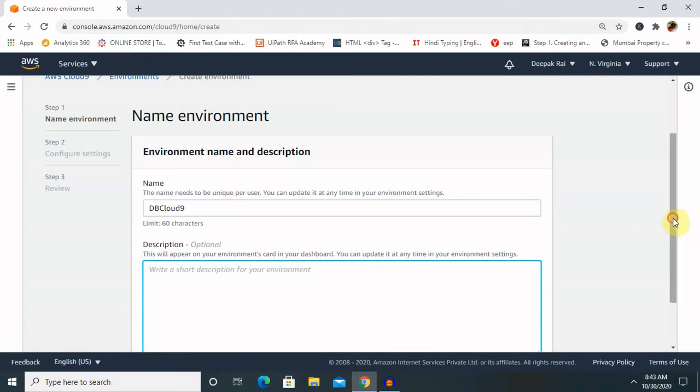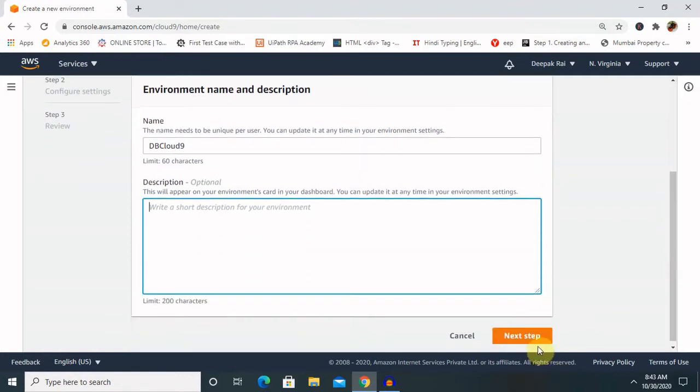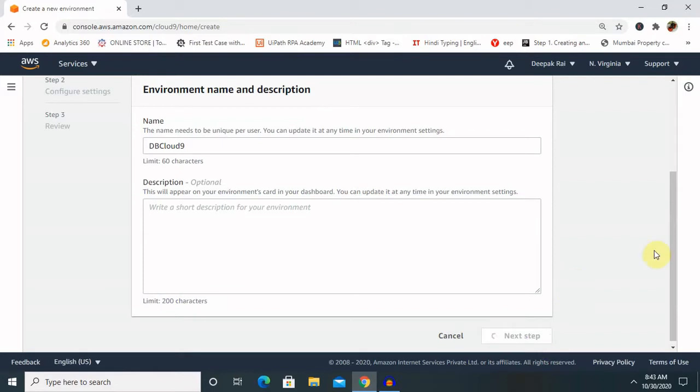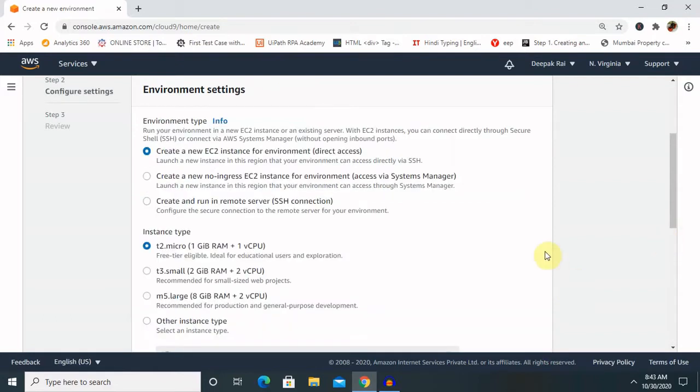Otherwise, click on next. Once you click on next, it will show an EC2 instance with direct access and access by Systems Manager or SSH connection. The configuration of this page will give you a proper idea of default sections, so better we go ahead with the default section.